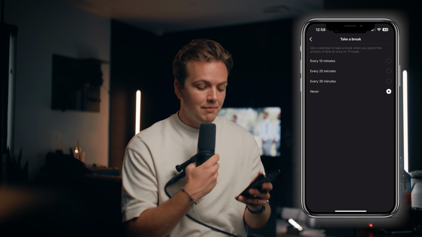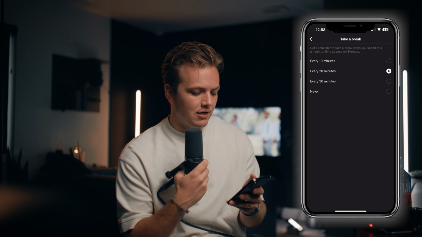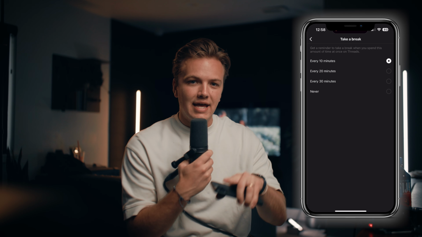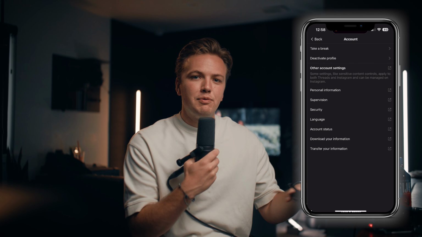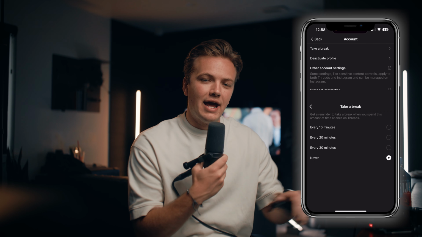Maybe a con, videos are auto muted unless you open up the video. So even if you're looking at the thread, it won't play audio until you click on the video and allow sound, then you can start listening to the sound. Another pro is that you can set limits for how long you're using the app, which I guess is cool. If you have to go into the app and have the app help you with self-control on using that app, you have a bigger problem that needs to be fixed off the app. You should be learning self-control without using the app that you're trying to restrain from.